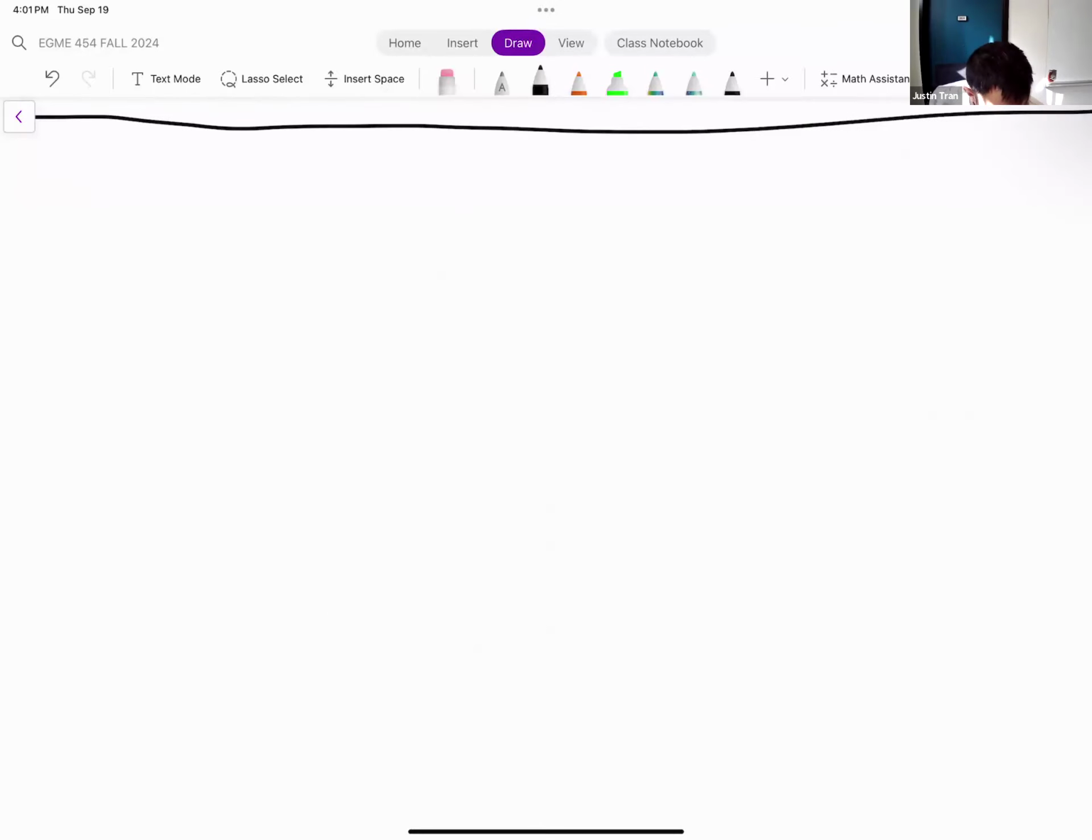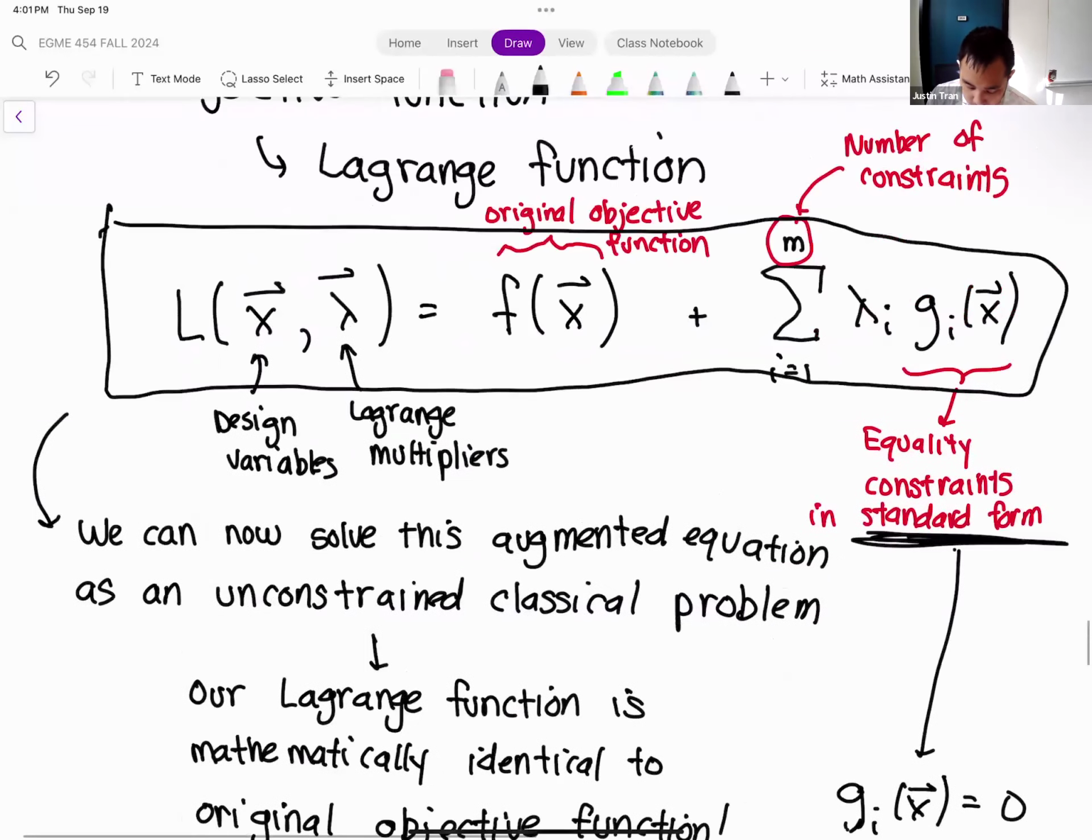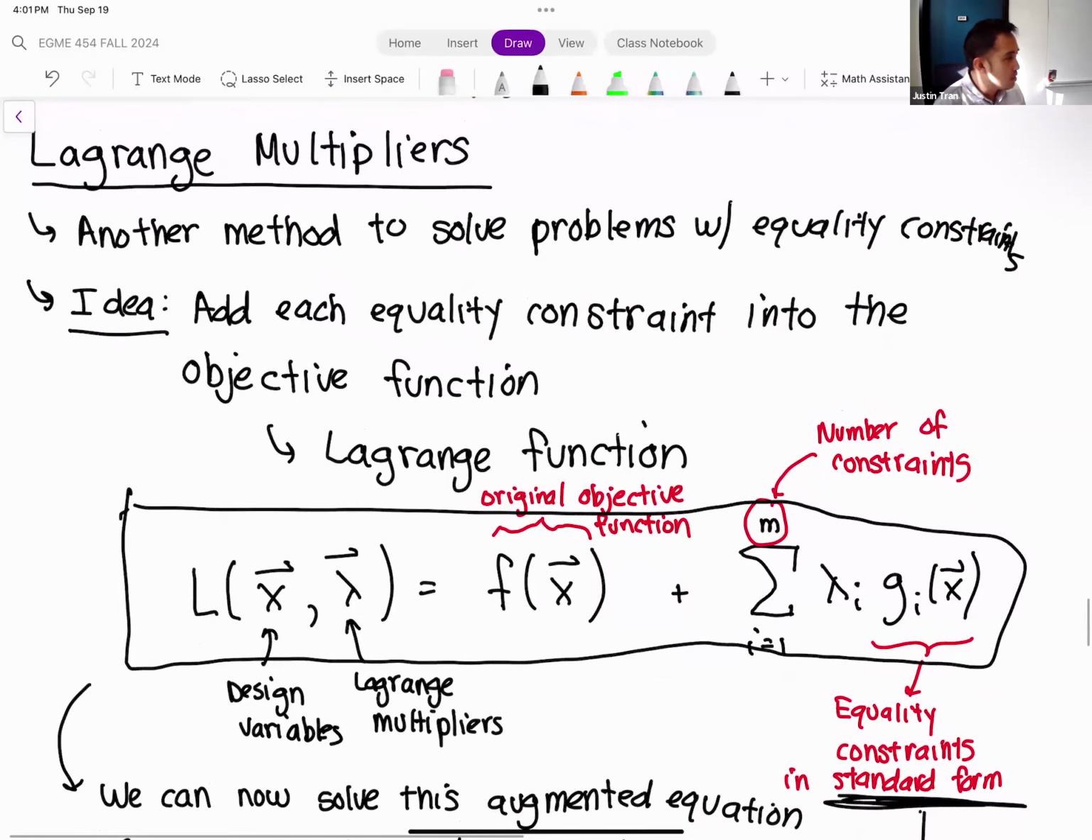Okay, so the topic, well, let me scroll over first, actually, because we kind of started it last time. The method that we're going to be learning today is called Lagrange multipliers, right? This is the last thing that we talked about last time. The idea behind the Lagrange multipliers method is to take all of your equality constraints, put them in standard form, so that they all equal 0, and then add them directly into your objective function. So the idea is to form this quantity here, known as the Lagrange function,